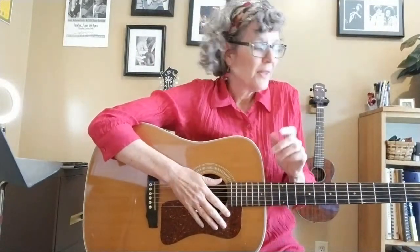So you can hear the difference between bare fingers and finger picks. Again, one isn't better than the other, it's just what kind of sound you want. For the Travis pick,